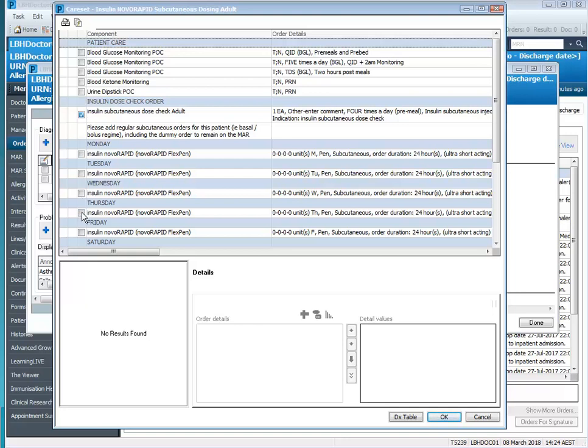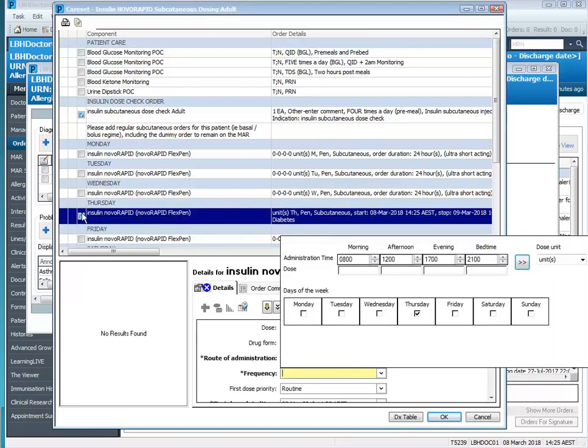It is currently Thursday, and we're going to chart insulin for the rest of today and for tomorrow morning as well. As previously mentioned, it is 2 o'clock in the afternoon, so we won't be placing any orders in the 8 a.m. or the 12 p.m. box, as this will generate tasks which will be administered in 7 days' time. We'll put in our evening dose,